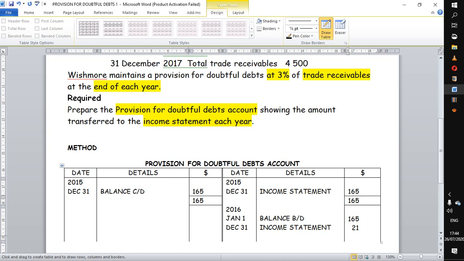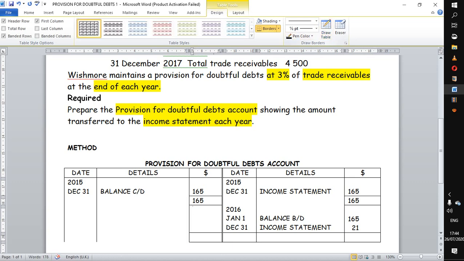For us to be able to do that, we need totals. So the totals will be like this: 186 this side and also 186 this side, which means in this column we are putting 186 for the two sides to be equal, and this is happening on the last day of